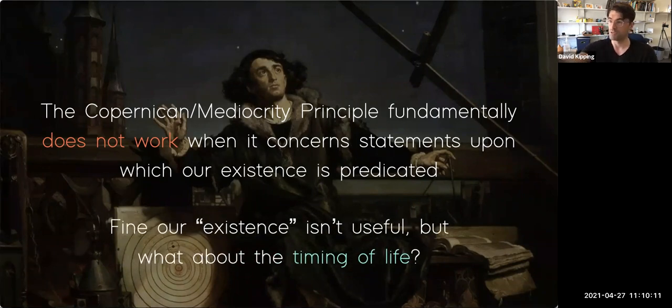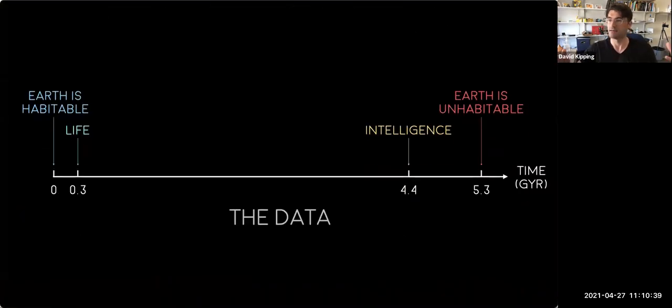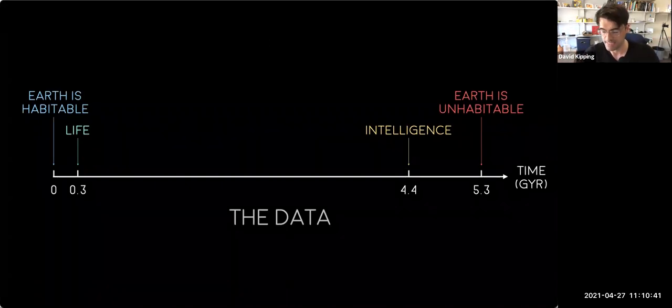However, if we go beyond just existence, there are aspects of what happened on Earth that maybe could be used with the Copernican principle. And in particular, the next thing people might point to is the timing of life. So as many of you, I'm sure, realize, life happened very quickly on the Earth in the geological scale of things. It happened within the first few 100 million years. And this is often highlighted as a sense of optimism, that there must be therefore life elsewhere. So let's look at this timeline and figure out if this makes sense.